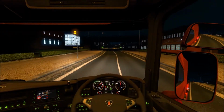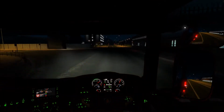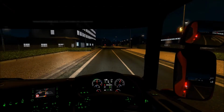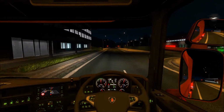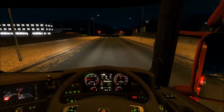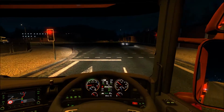Come on, power! I can't stop this. Too heavy. Oh dear. Right then, come on, lights change. Gotta see if we have a look at the average fuel now. I've got it down to 58.7, and as I've shown you, I haven't